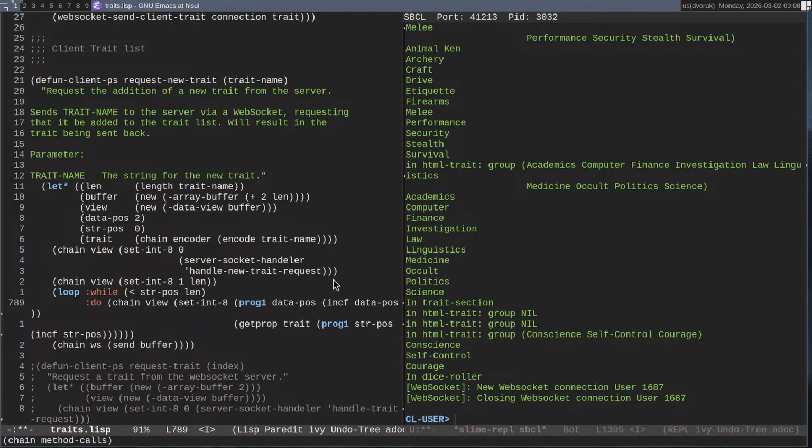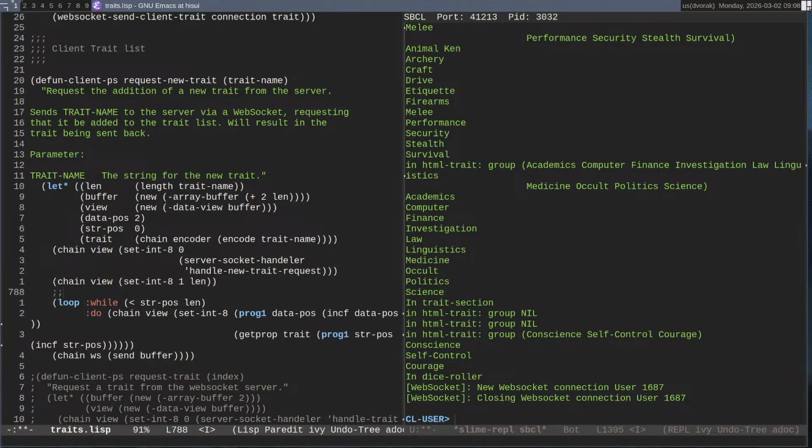So Lisp doesn't have I++. But it does have ++i. So incf is ++i. Incf I